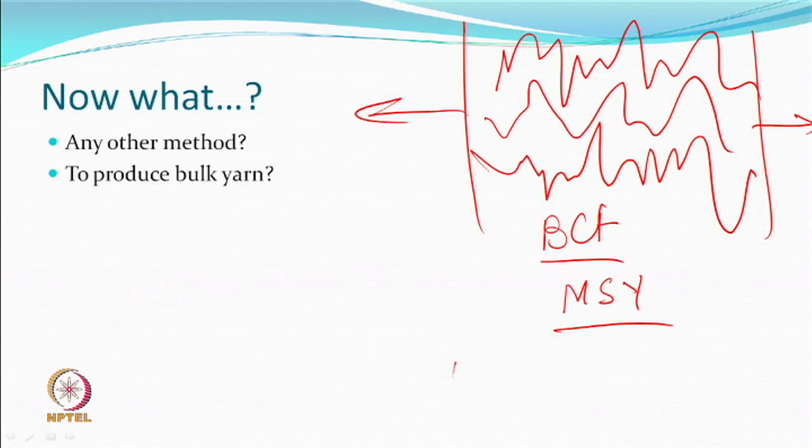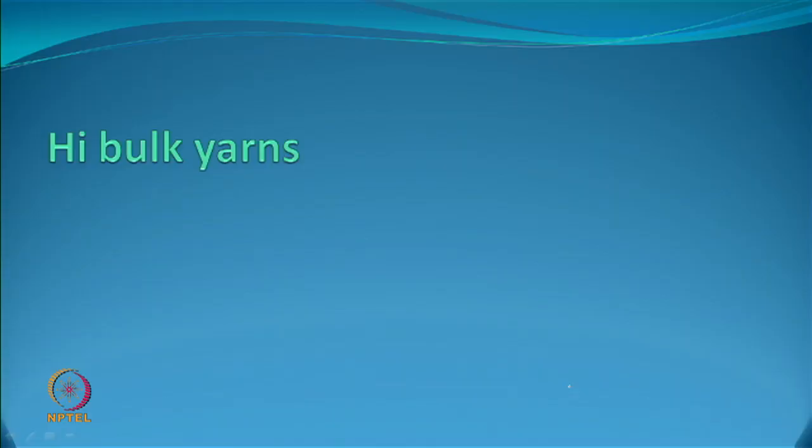Your air jet texturing, or air jet textured yarn, that was a bulked yarn. So, what we are now looking at is possibly another method with which we can actually produce a bulk yarn, right. That is what we call a high bulk. The bulk is high, that is how the name has come. Certainly, in percentage bulk terms, it would generally be higher than air jet also. But the name has stuck, this is a high bulk yarn.